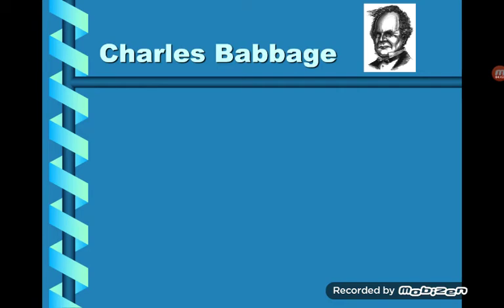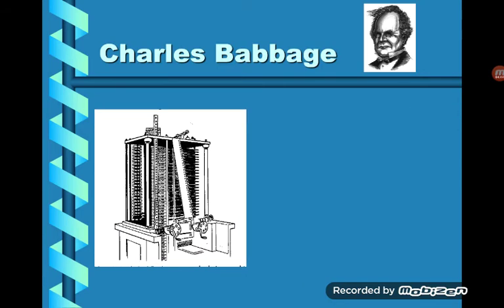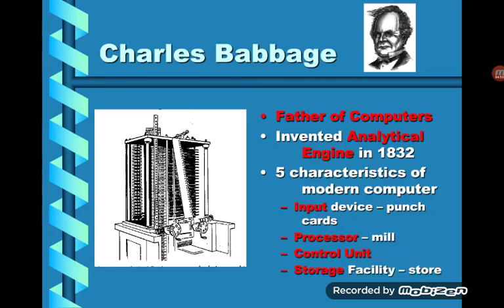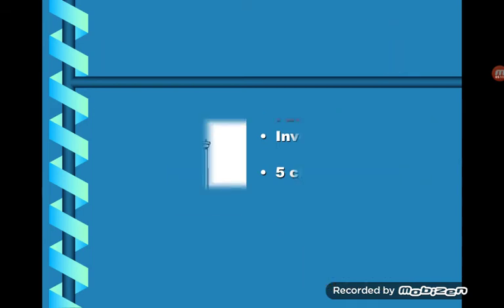Next we have the difference engine and analytical engine. Charles Babbage, an English mathematician, is recognized today as the father of computers, because of his impressive designs for the difference engine and analytical engine. The difference engine is an automatic mechanical calculator designed to tabulate polynomial functions. Next, we have the analytical engine.